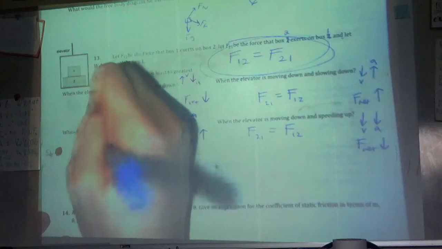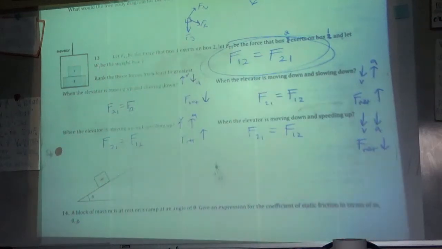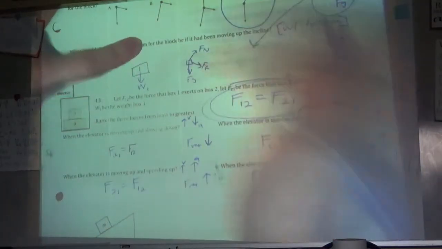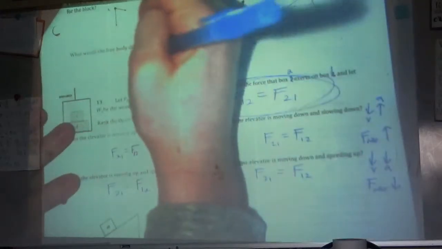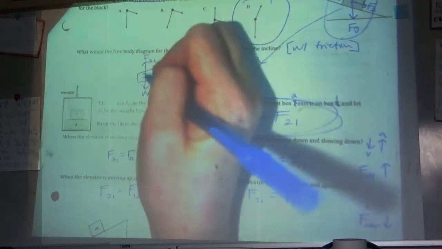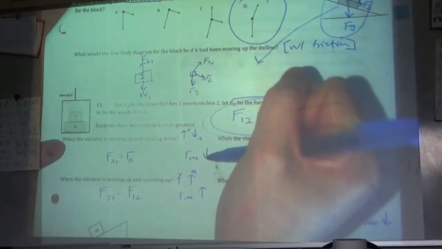Now, how the weight compares is going to change for each of them, depending on which way it's accelerating. So it's easiest to think about drawing a free body diagram of the 1 block, because we have the weight 1, which obviously would point down, and then the normal force comes from box 2, so that's just the force of 2 on 1. Now these two would only be equal if it was at rest or at a constant velocity. I have that these are all accelerating, so if it is accelerating down, like in this first example,